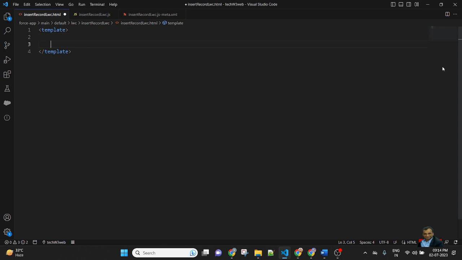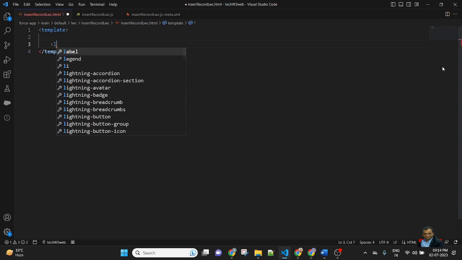In the HTML, I will create a form so that I can submit the form. Here I will create a lightning input, and a lightning button so that the user can submit the form.